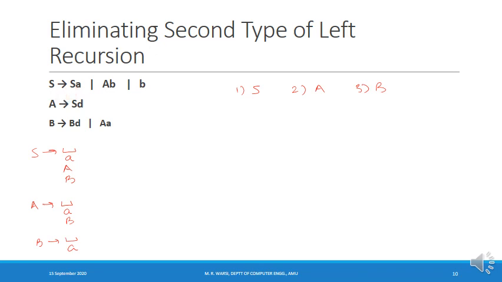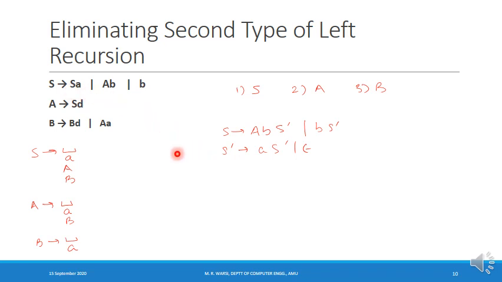So when I eliminate it, I obtain the new production: capital S derives capital A, small b, and I'm introducing a new variable S dash, so small b S dash, and from S dash I have the production small a S dash and epsilon. Now if you examine the production of the variable capital S, it is beginning with capital A, no issue with this, and it is beginning with a terminal symbol, no issue with this. The immediate left recursion that was there has got eliminated.